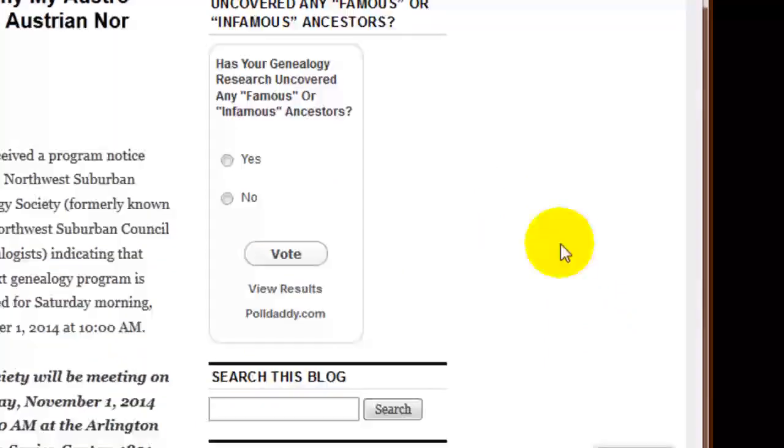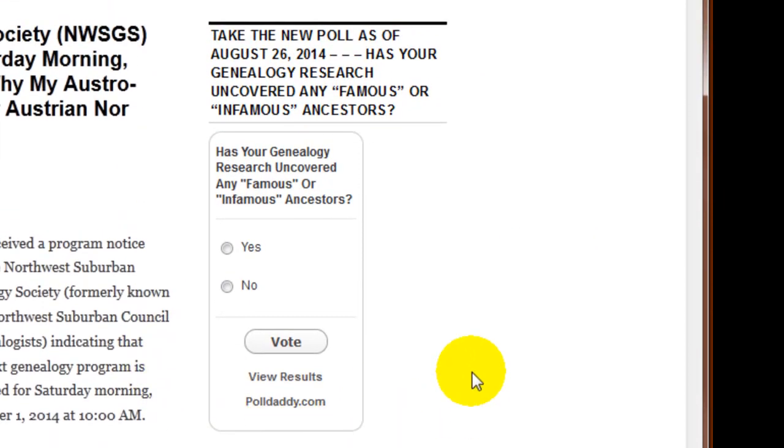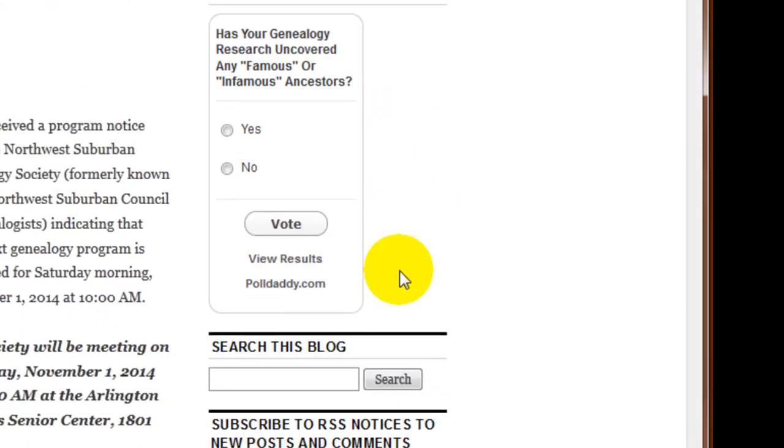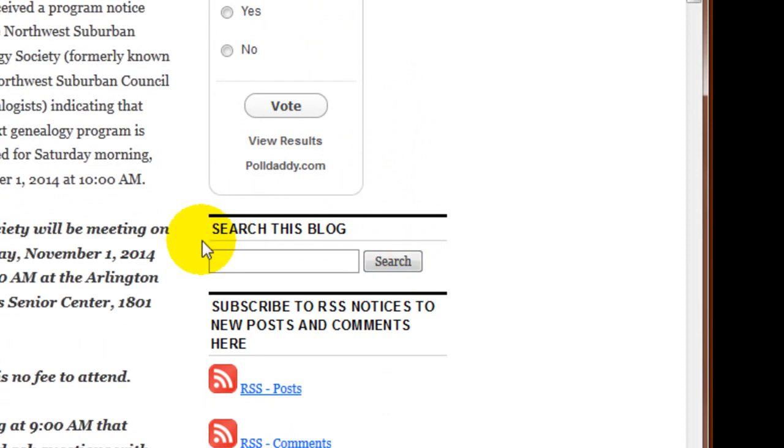Basically, the first thing I start with here, this is where I have my most current poll. And I'll be looking to start and activate a new one fairly soon. But I usually try and keep this up for about 6 to 8 weeks and have people respond to it, so that's over here. The next part of the blog on the right sidebar that could be of importance to you is